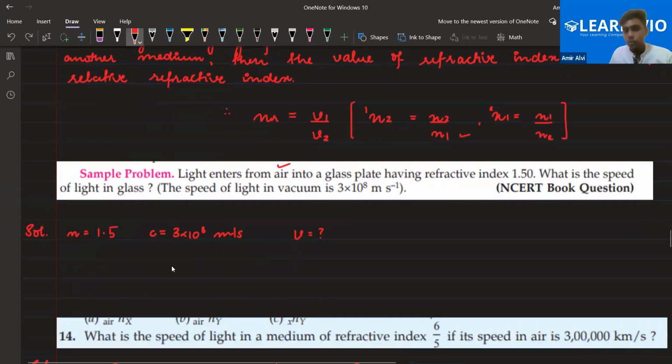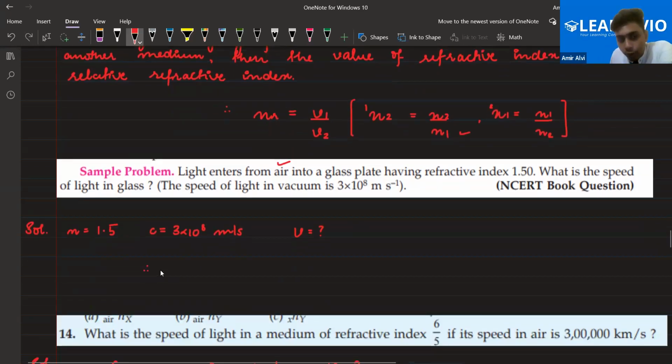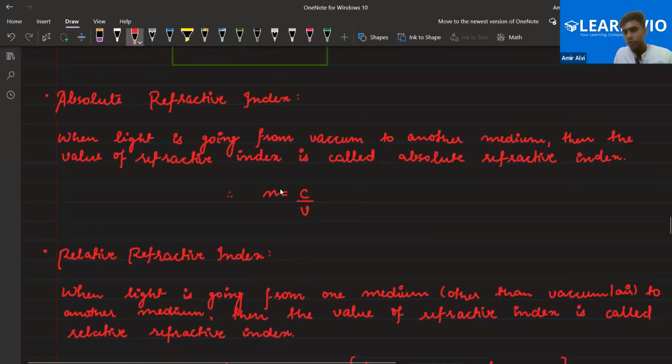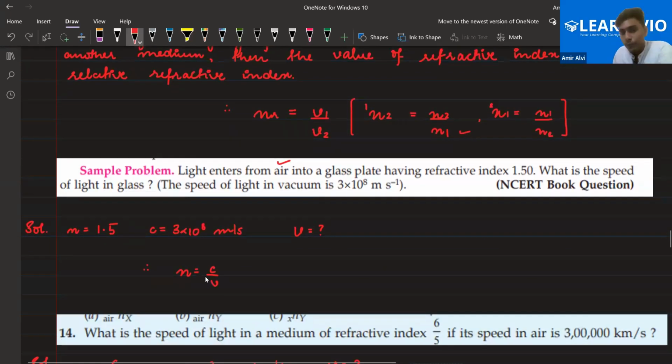Theek hai? So the formula for the absolute refractive index is n is equals to c by v. Dekho yahan pe maine aapko bataya, n is equals to c by v. We need to find the value of v. V will be equals to c by n. Yes or no, everyone? So 3 into 10 to the power 8